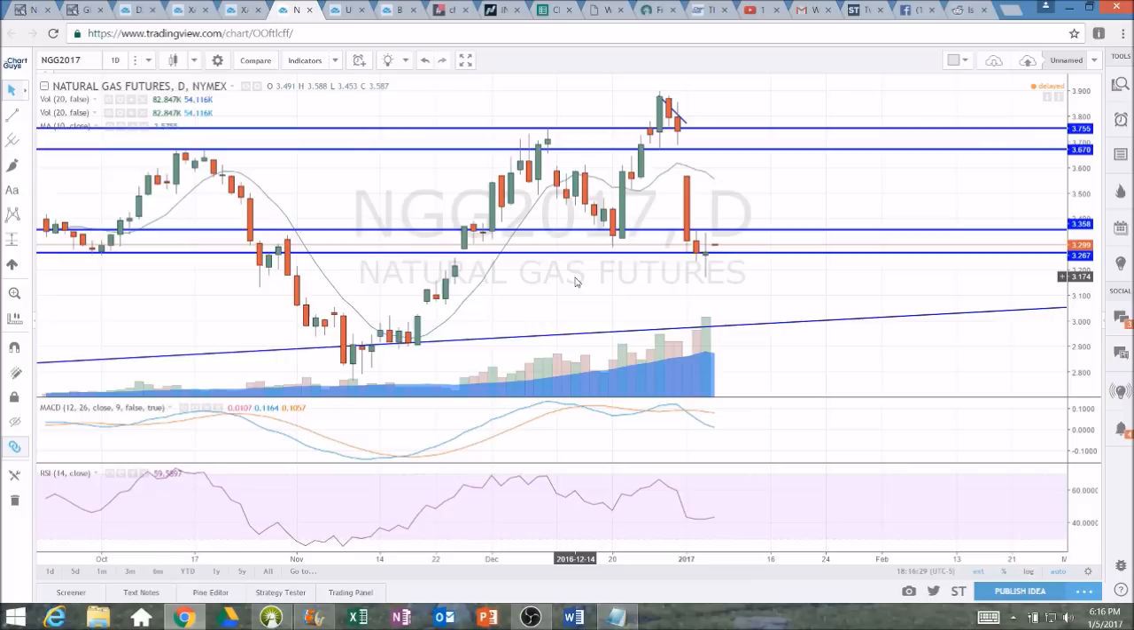So all about 336.1 resistance and 320 support. That's the range to be watching right now. Hopefully some of you bought that dip and made some nice gains,